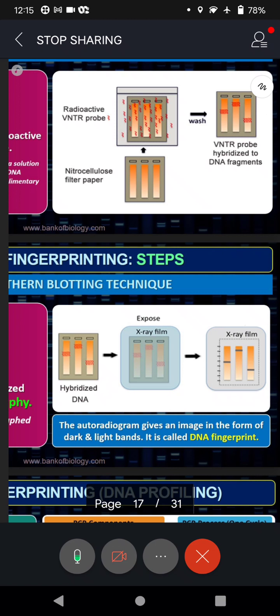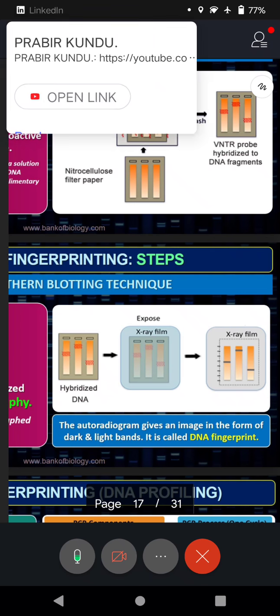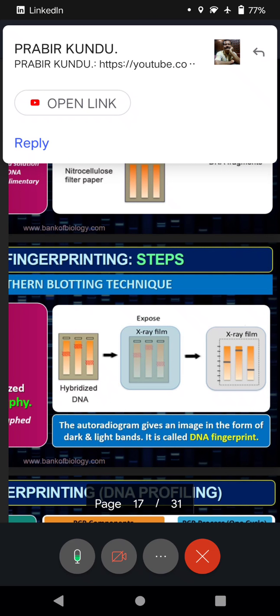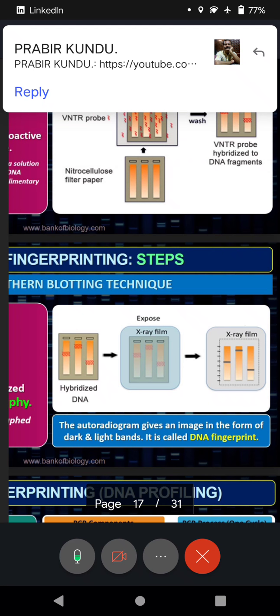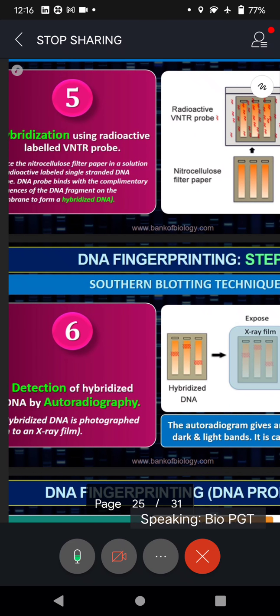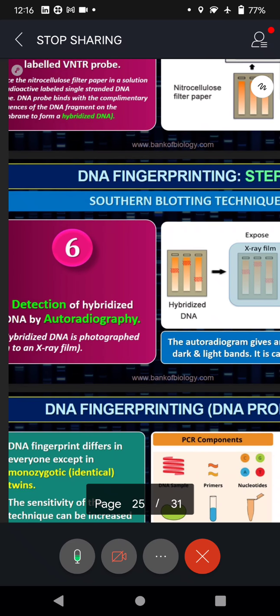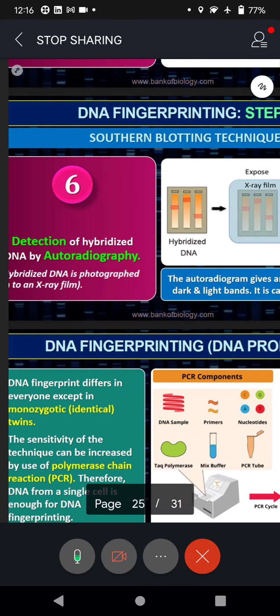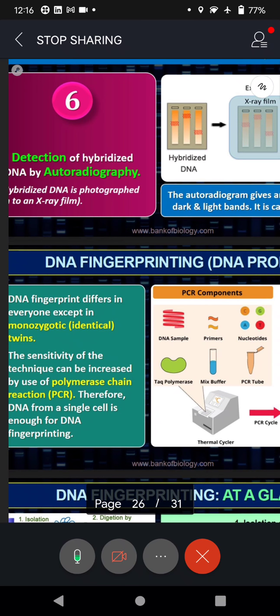Let's say in any criminal case or in any rape case, the police will do the enquiry and get a list of suspected people. So compare their DNA with the DNA that is available at the crime scene. Now the pattern of sequences is the same. See the next slide. We are going for the next one.